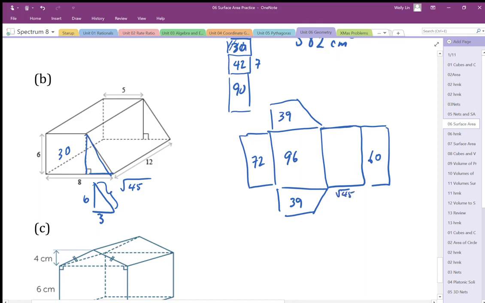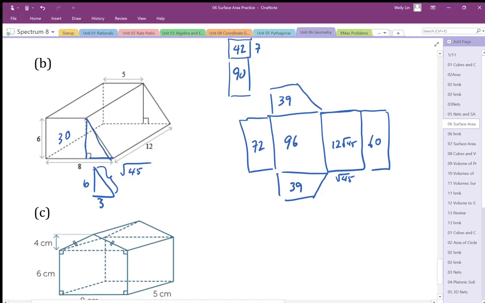Okay, so this area in here is going to be 12 times square root 45. It's going to be 12 root 45. I'm going to leave it in its root form. You can calculate the decimal if you like, but we can keep it in its root form and just add it all up. So I'm going to end up with